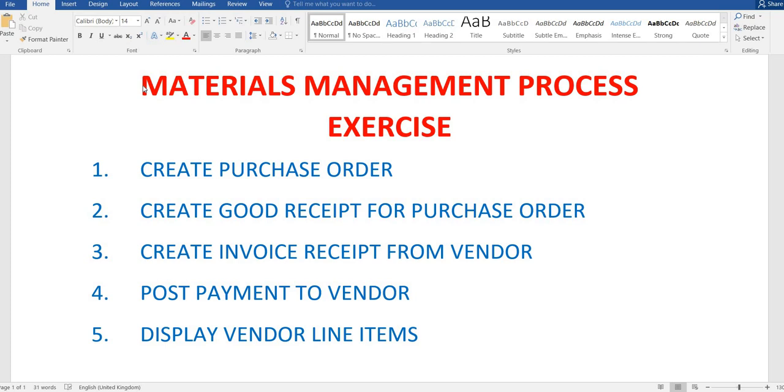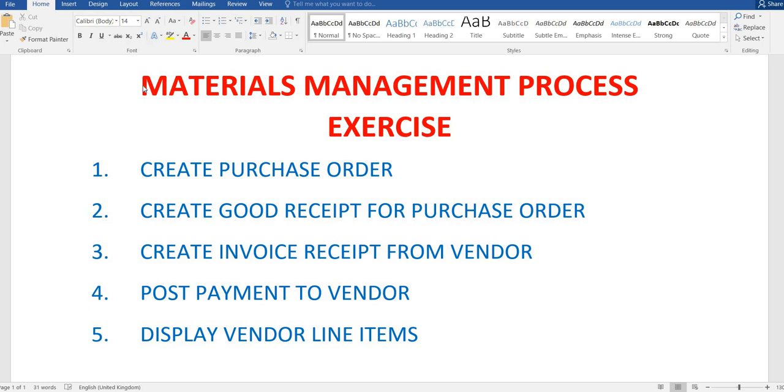Then the vendor creates a goods receipt for the purchase order and delivers that item to you. With that delivery, they create an invoice receipt and deliver it to you, and on the basis of that invoice receipt you pay the vendor. So the fourth step is posting the payment.